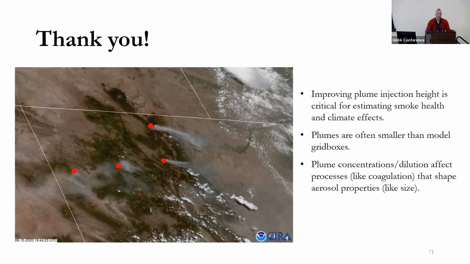So the biggest thing I would guess for a 12-kilometer regional model where you care about PM 2.5 is that if you're in boxes where there's a fire near it or in it, you're going to have subgrid variability in just that surface PM 2.5 concentration, particularly for small and medium-sized fires, where you're going to have a lot of inhomogeneity within a grid box. And so if you're trying to see, on a specific day, if some city in the Southeast US is getting hit by a nearby prescribed fire, it's absolutely going to be subgrid scale, at least until all those prescribed fires start merging with each other.